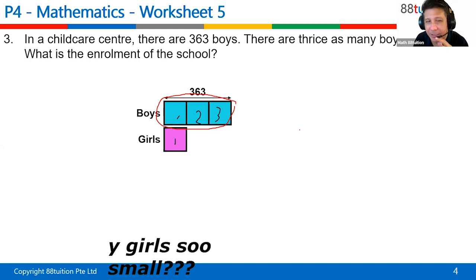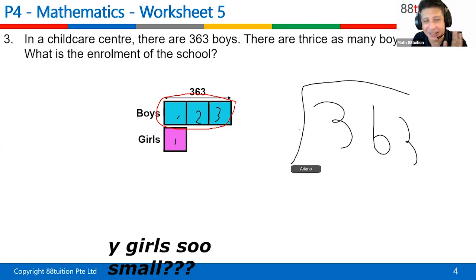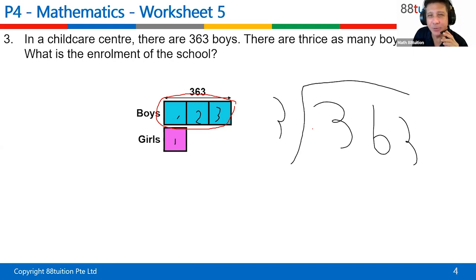Yeah, and while you are dividing, I will just answer Nicole's question. Why are the girls so small? It is not that I want to draw the girls so small. It's just that when I first started, I drew a small rectangle for the boys. After that, the next sentence tells me the boys are actually 3 times. So I had to cut them up. So the girls became even smaller. All right. Of course, you can go and draw a big